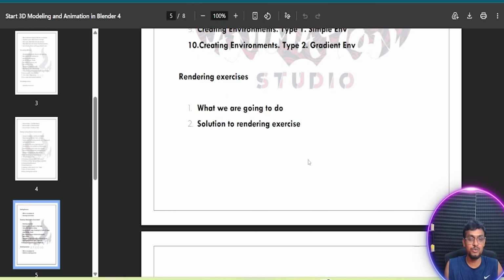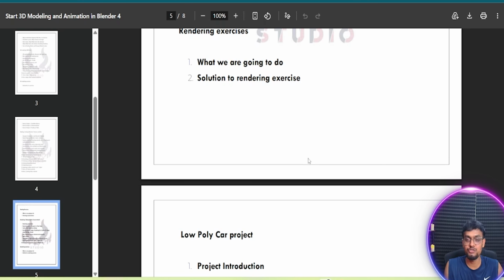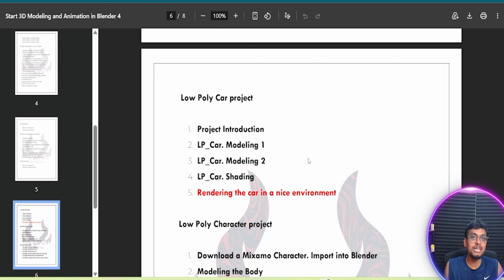What we are going to do, the rendering exercise, solution to rendering exercise, low poly car project, modeling 1, 2,